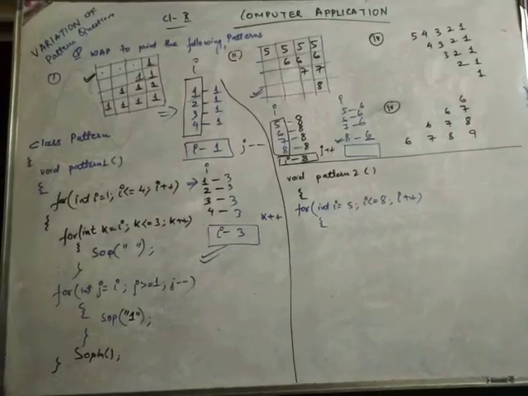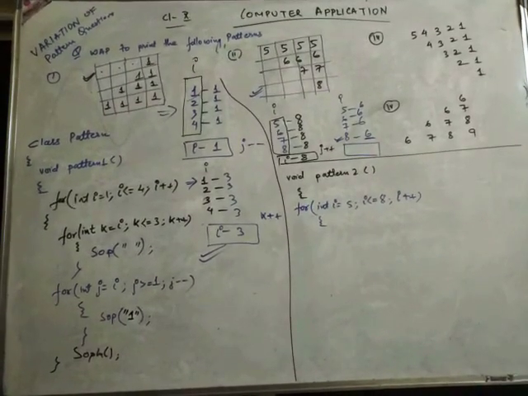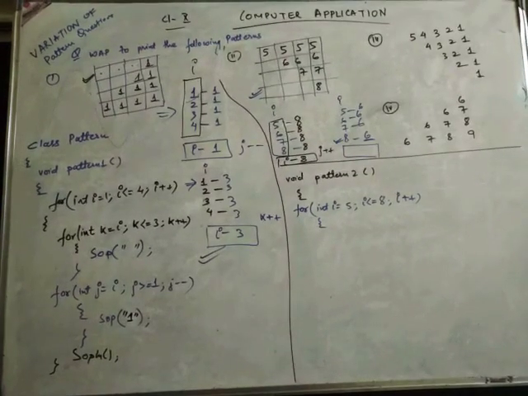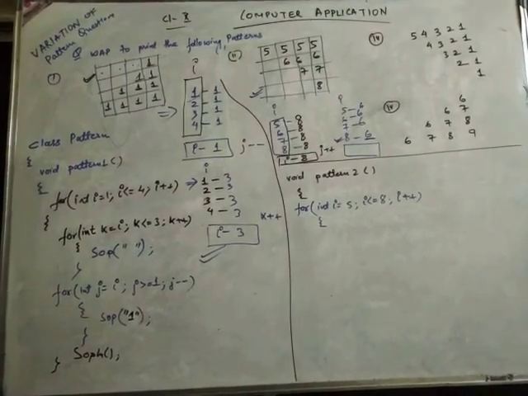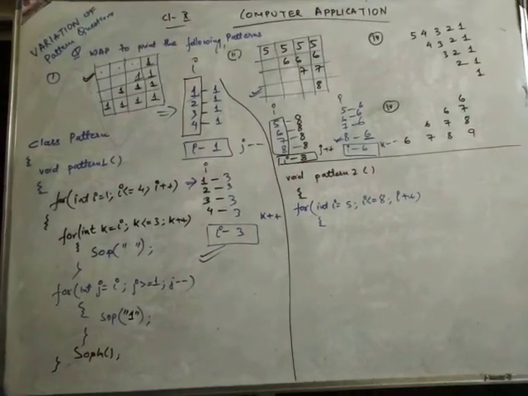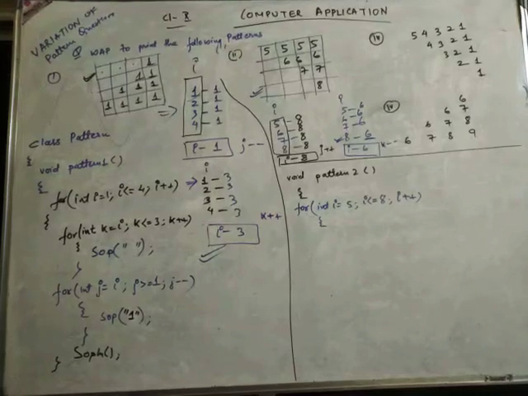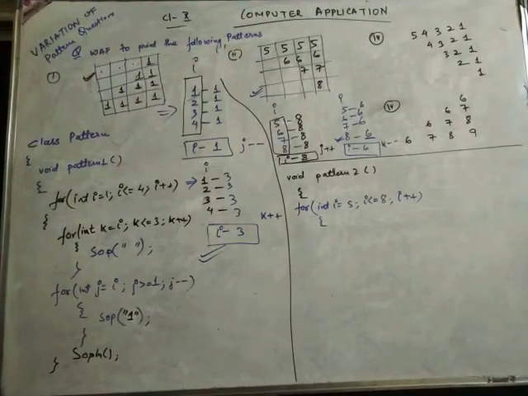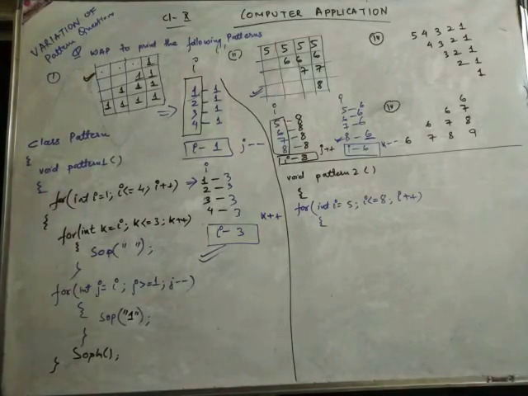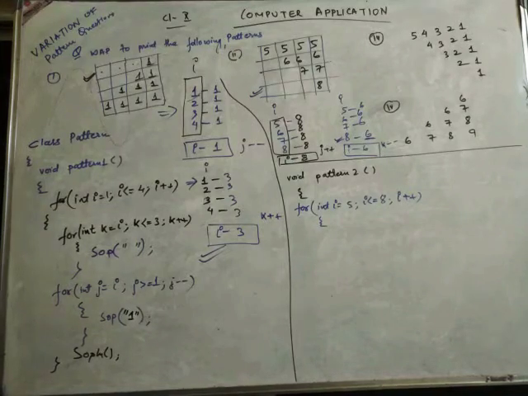Now based on this we'll make the J loop and the K loop, the space loop. We will fill the table: it will be I to 6, and from 8 to 6 I have to go minus, so it will be K minus minus. How do we know it is K minus minus? With K plus or K minus minus, we see the value which I put at the starting when we made the K loop in the second column. We wrote 6 at the last first, so we'll see it from 8 towards 6. Others I will not see. 8 towards 6 I have to go minus, so K minus minus.